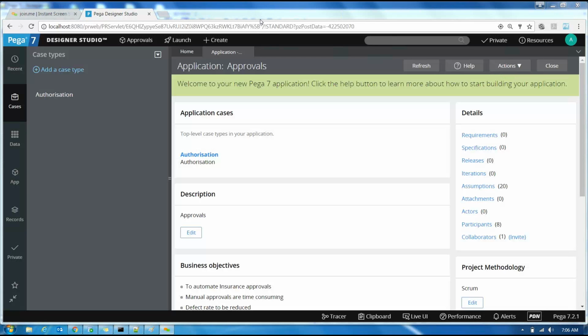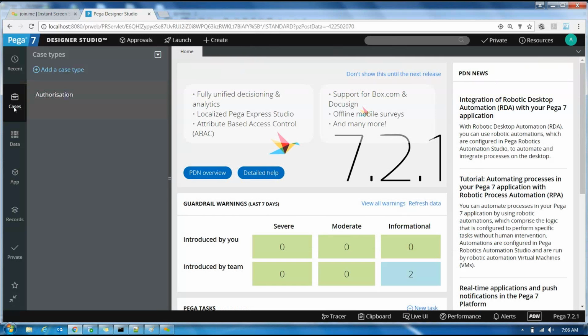Okay, I'm back. So this is a new application which we have created. And you have to go to the case type rule and see this is the